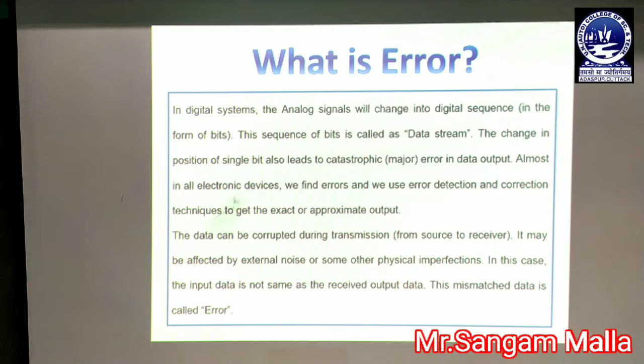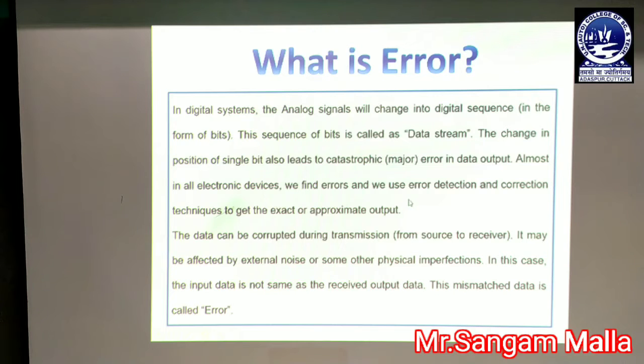Almost in all electronic devices, we find errors, and we use error detection and correction techniques in order to get the exact or approximate output. Today's electronic devices are totally digital in nature, and digital means we are working in the form of bits.